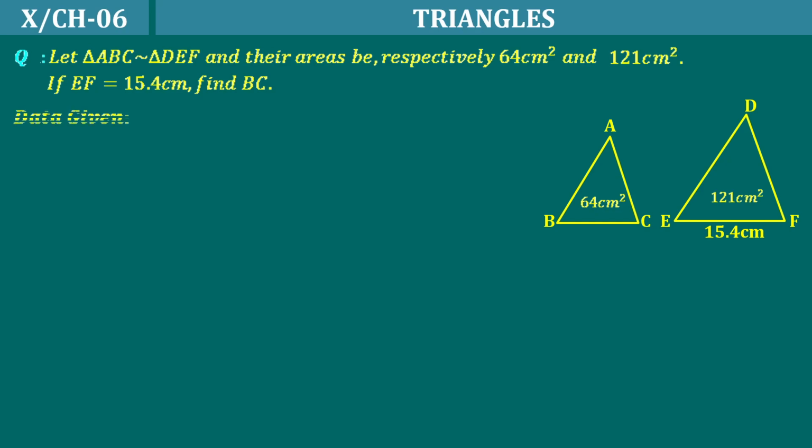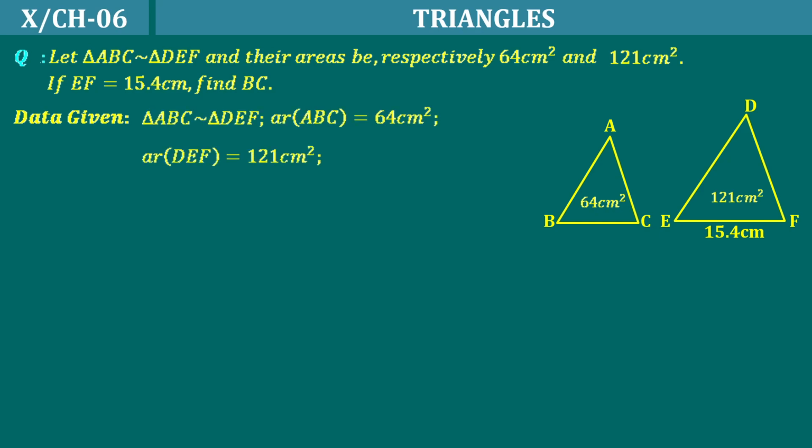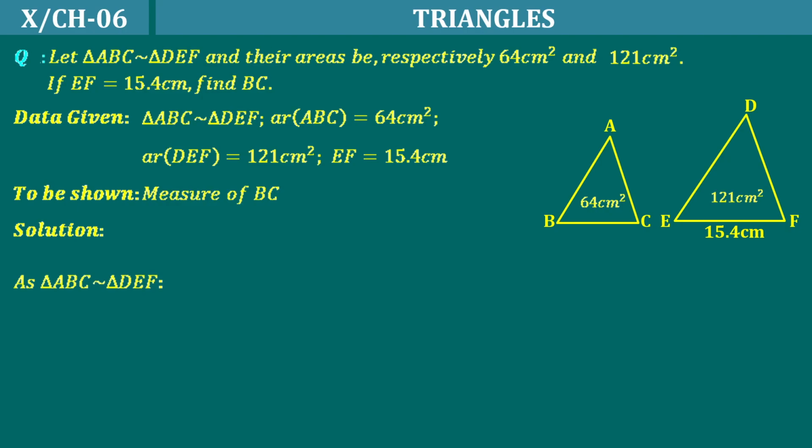So we can take down the data given, that is similarity, areas and one of the sides, and we need to find the BC measure. For this we can declare ABC is similar to DEF, and thus area ABC by area DEF equals BC by EF whole square